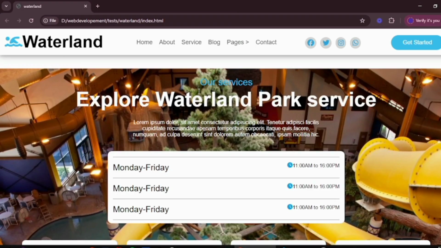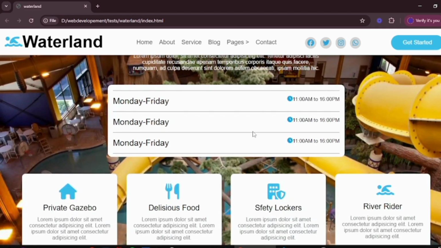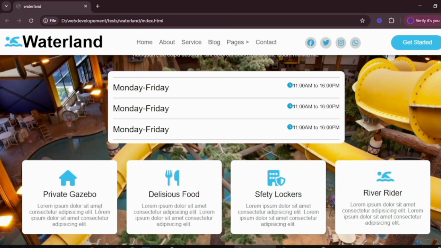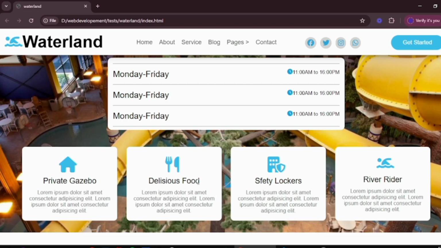Next is section4, whose main div has the class section4. I added a background image to it. Inside this div, I created another div called Content Services, which contains text at the top. Below this, there is another div called Timing, styled in CSS with a white background color, width and centered using margin. After that, I created another div named Services Container, which holds 3 divs with the class boxes. The parent div Services Container is styled using displayFlex, arranging the boxes in a row and applying justifyContent space between